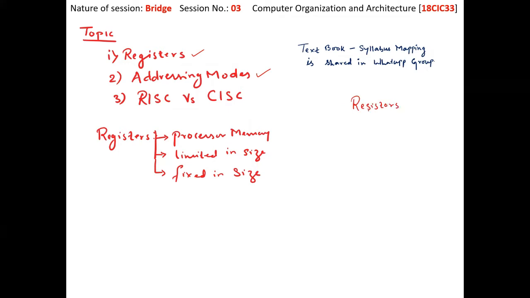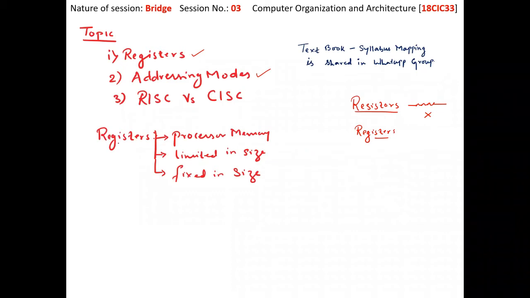Okay, this is a resistor. It will give resistance to the flow of current. So we are not talking about this. What we are talking about is a register, like an attendance register. The attendance register is to save the information of students being absent or present. So we are going to record.